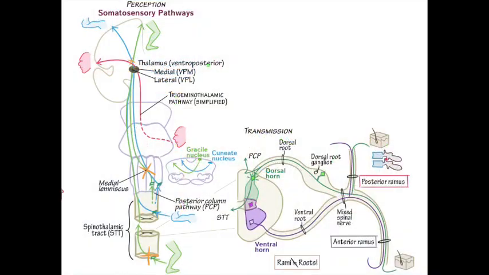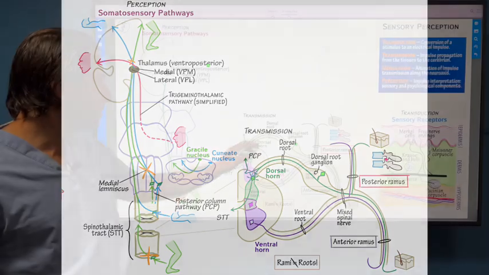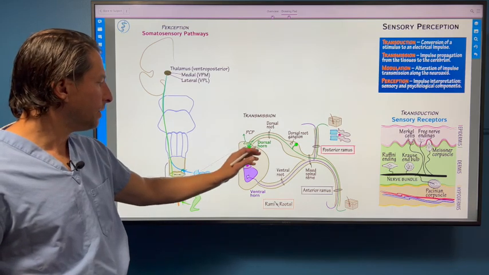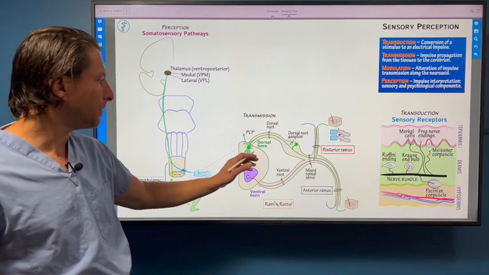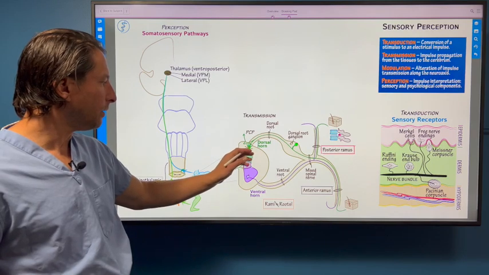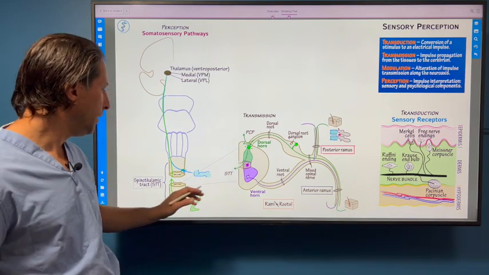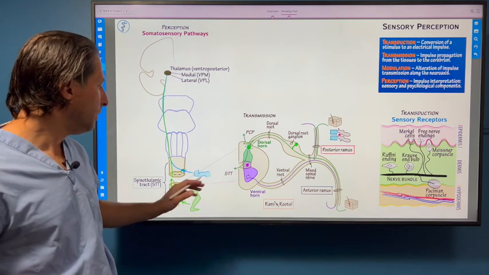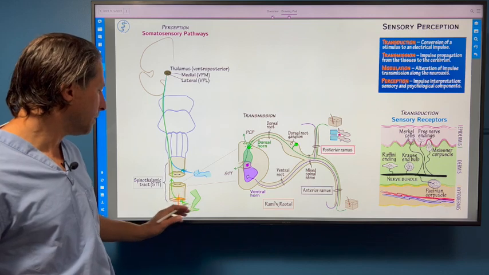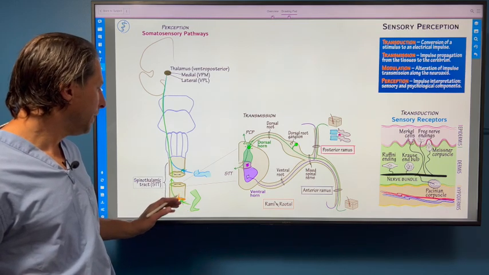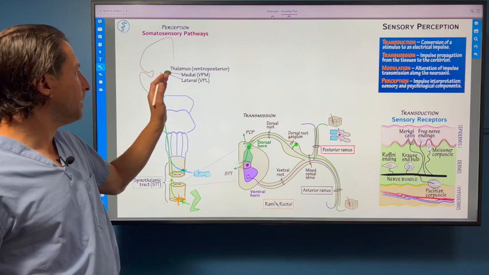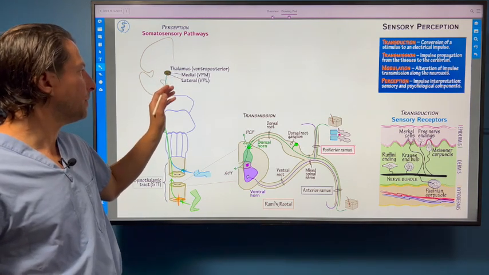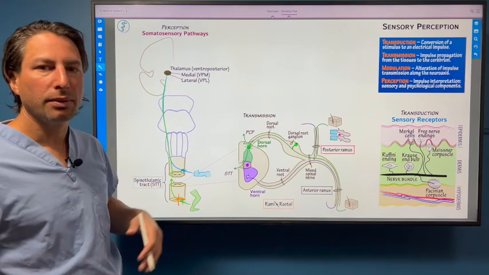Okay, moving on to sensory perception. The posterior column pathway ascends ipsilaterally, we see that here, whereas the anterolateral system, the spinothalamic tract, makes its second order neuron synapse here in the posterior horn, crosses immediately, makes an immediate decussation within the spinal cord. We have the arms, which lie inner, to the legs, which lie outer. And then they make this third order neuron synapse in the thalamus, in the ventral posterior lateral portion of the